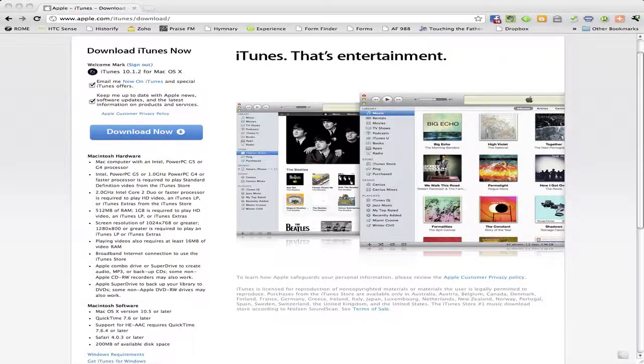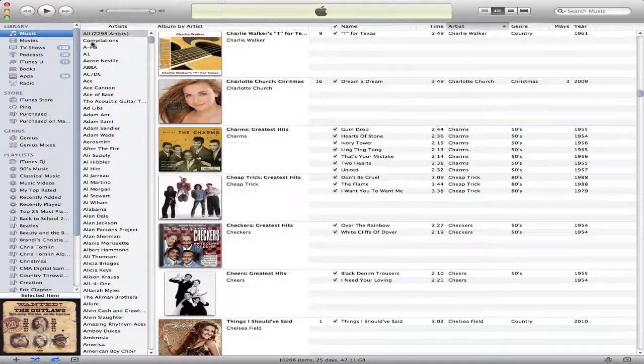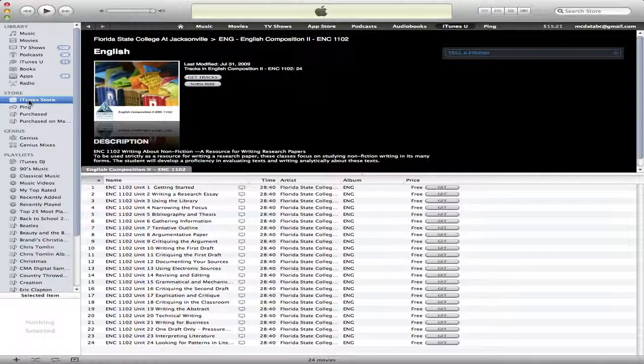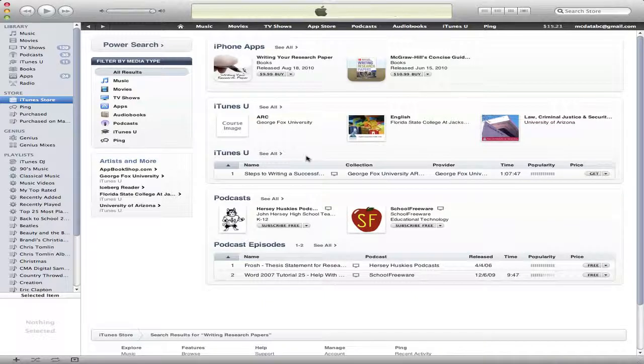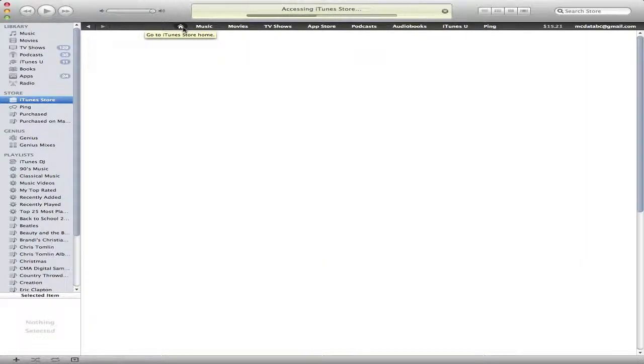What I want to do next is bring up iTunes here, and I'm going to give you a peek into my little iTunes universe. I've got quite a bit of stuff, but when you log in, you want to go to the iTunes store. Once you get it all established, you'll have to set it up with a credit card, but this course is free. As you can see, I've already got it brought up here, but let me back out and show you how I found it. It's a free course, and I want to encourage you to go ahead and